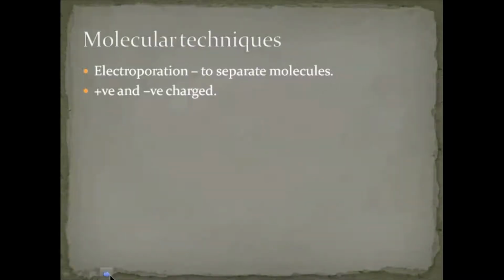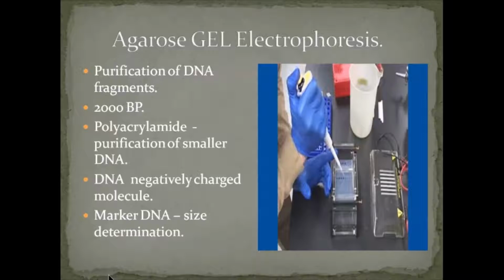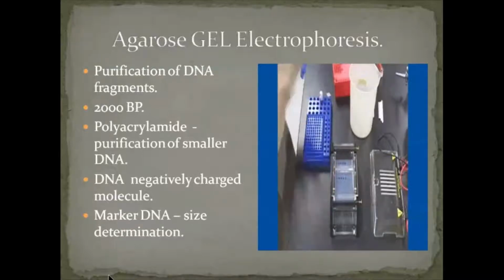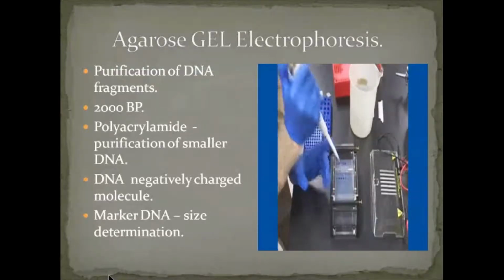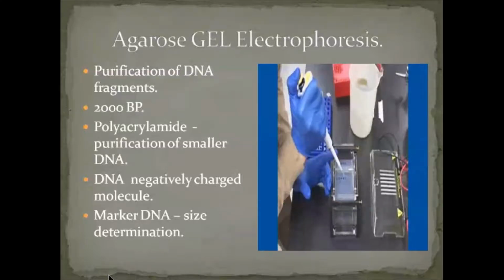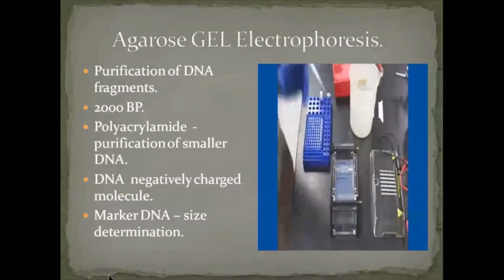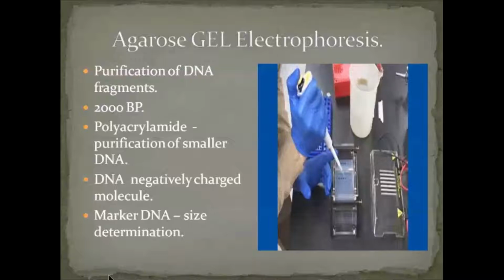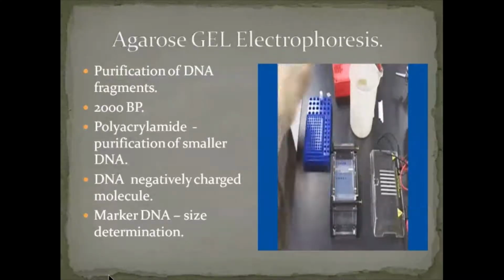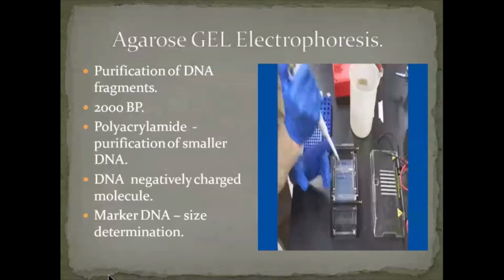Coming to the next one, agarose gel electrophoresis. This is the first method we use for the separation of DNA molecules based upon molecular weight. First we have to isolate DNA molecules. For DNA we can take any sample, like a blood sample or tissue sample. If it is a plant, we can take a leaf. From a leaf we can take mitochondria or chloroplast, or even a nucleus. So any kind of genetic material can be taken, and it is purified.